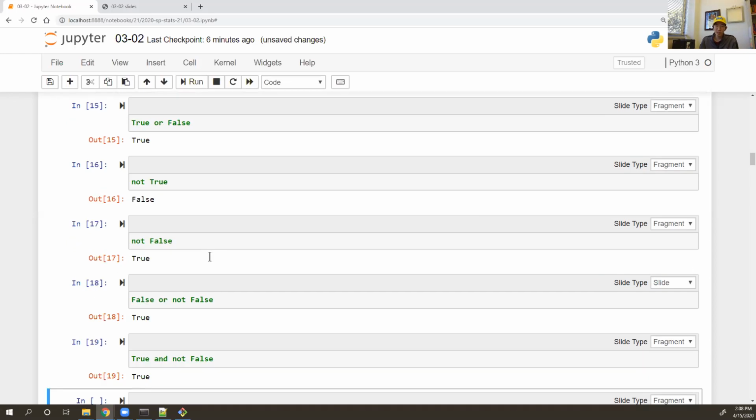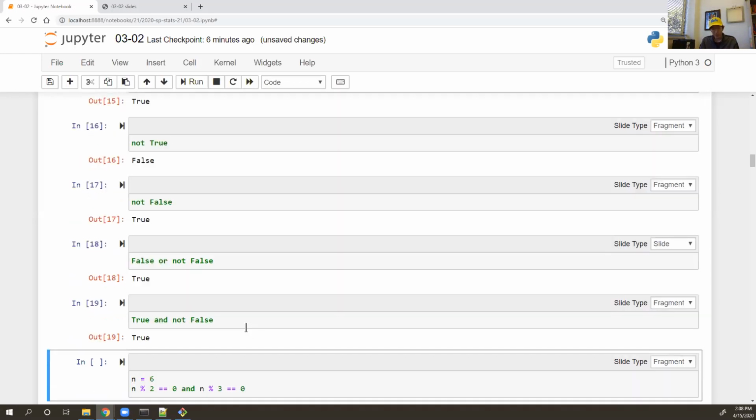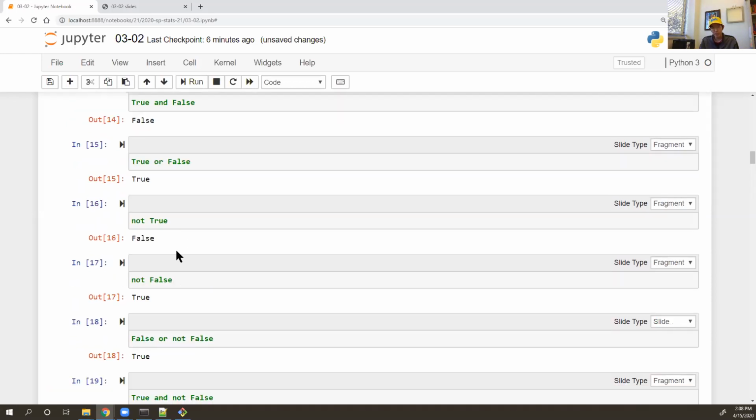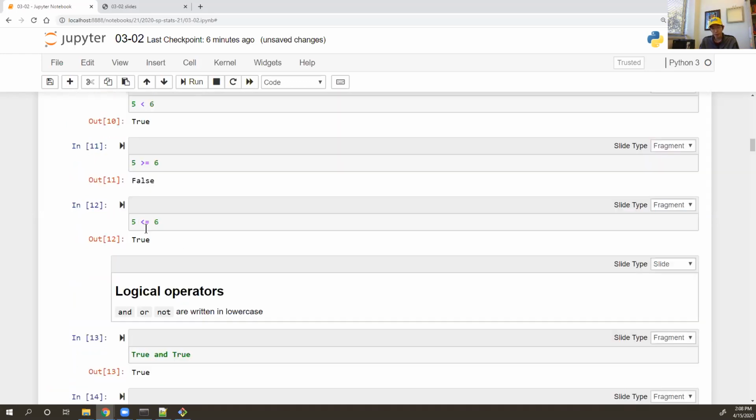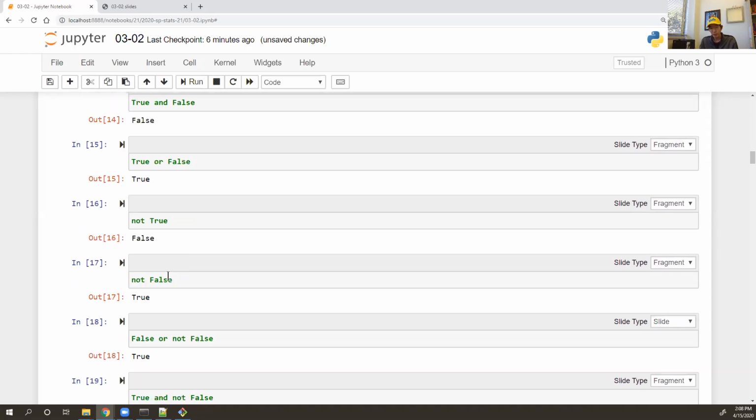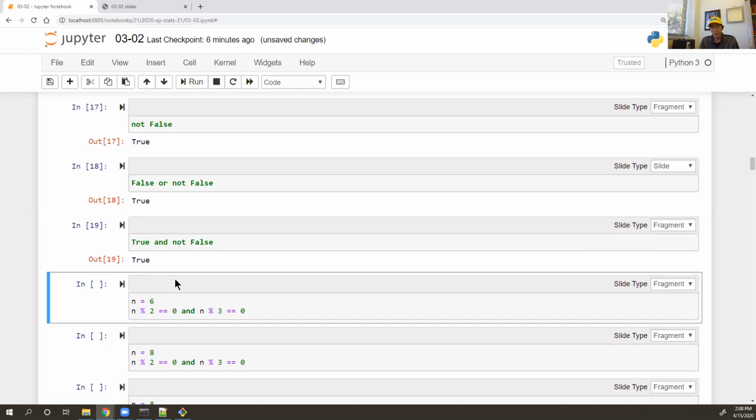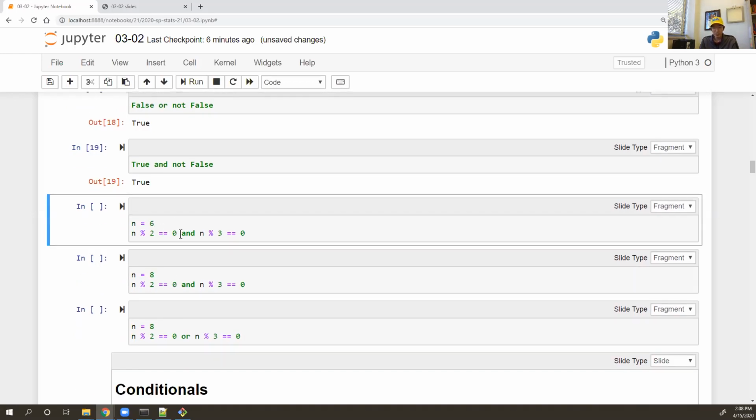So these are all logical operators. The important thing to note is that we write these words and, or, not in lowercase letters. They are reserved keywords. You can't assign values or use them as variable names or something like that. So they are reserved, and reserved words generally, as you are typing them in Python or in the Jupyter Notebook, will show up in this bold green text to let you know that what you just typed is a reserved word. So don't try to do anything with it, okay? All right, so